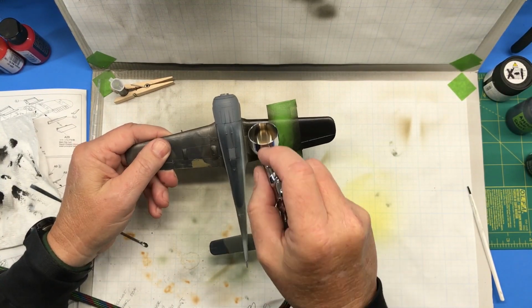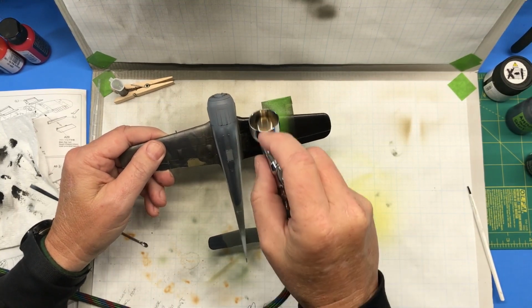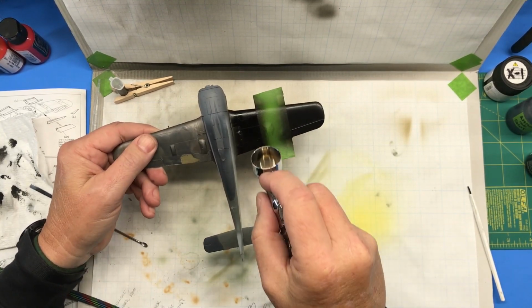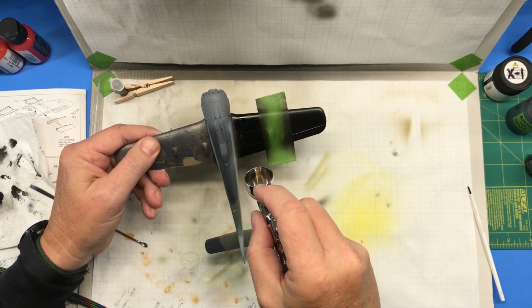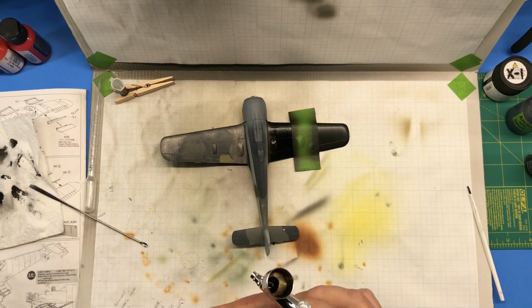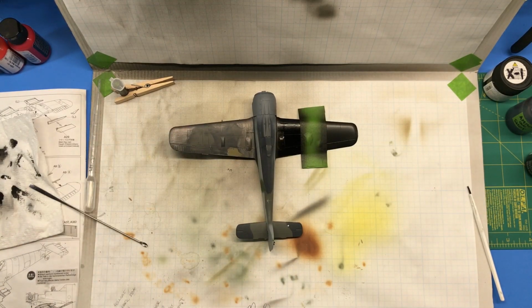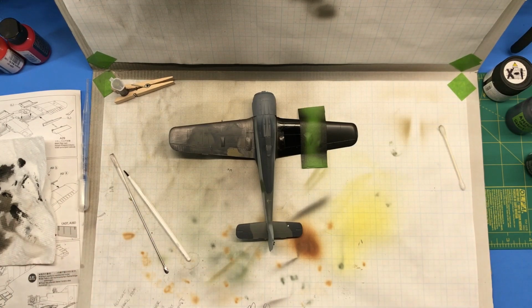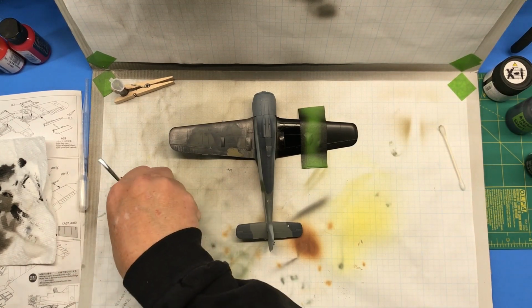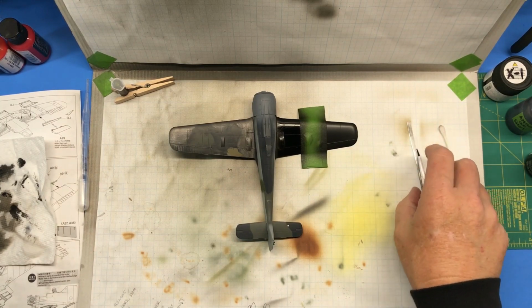Throw on a pretty good dose there. Okay, then let that dry and clean my airbrush. So while that's drying, before I peel the tape and do the Ammo One Shot, I just wanted to say that